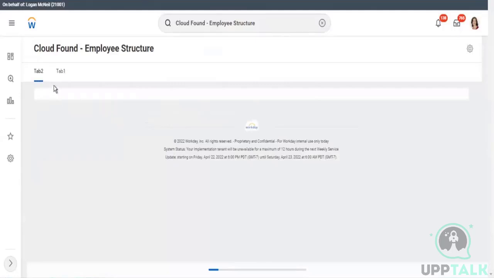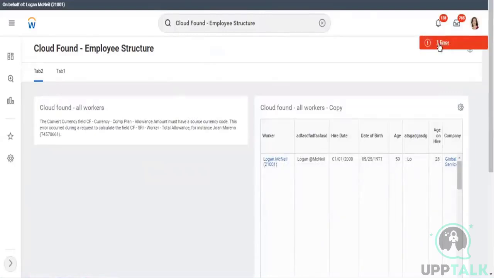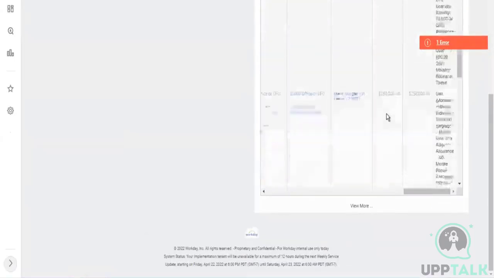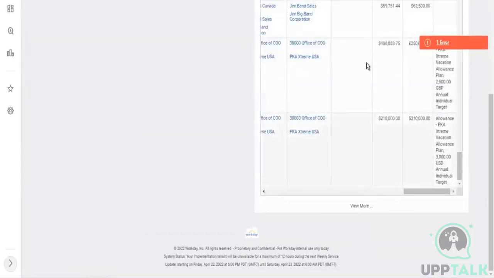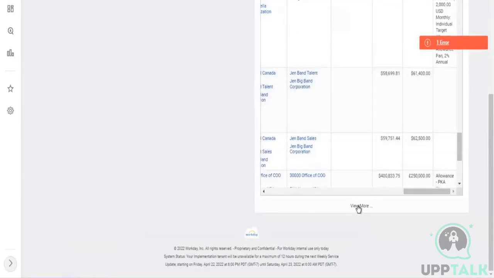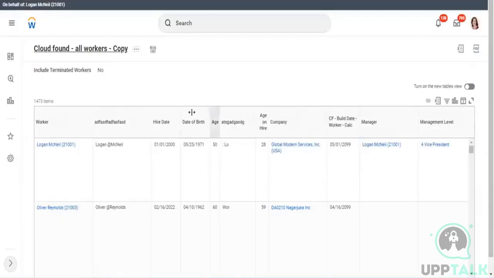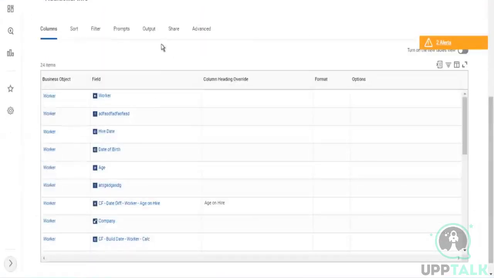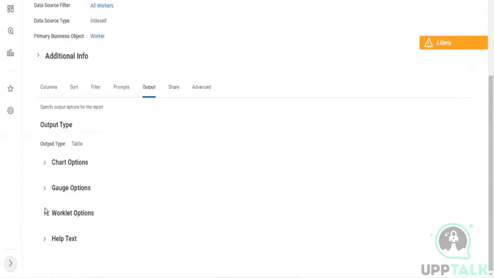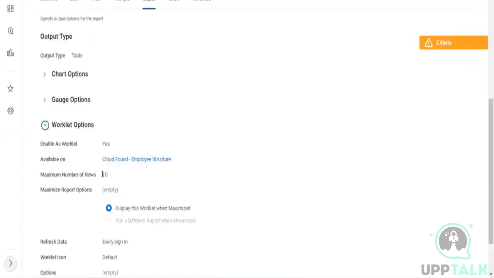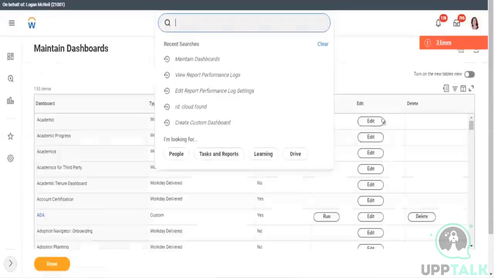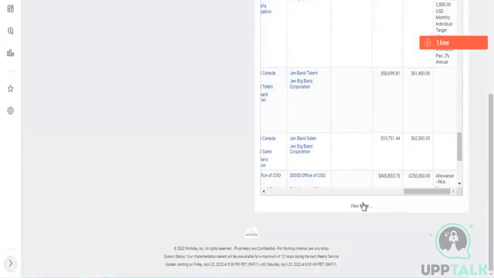In tab 2 we added 2 reports, in tab 1 we added 1 report. Okay, our first report anyways has an error, right? So that's what it is showing, but my second report loads fine, right? And this is where, if you see, it's showing me 10 rows, and then the remaining rows it doesn't show. So on the report we had that option, show maximum 10 rows, right? If I want, I can extend that, and instead of 10, I think we can do up to 20 or so. So when we went here under worklet options, we had this maximum number of rows 10, right? So on the dashboard it's showing me 10 rows, but if I want to see all the rows,